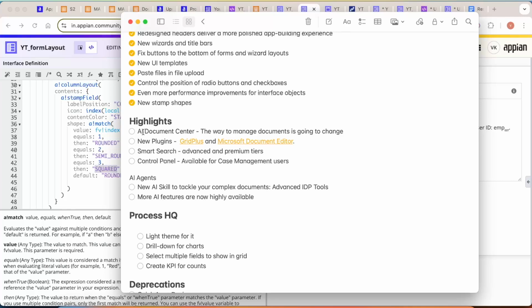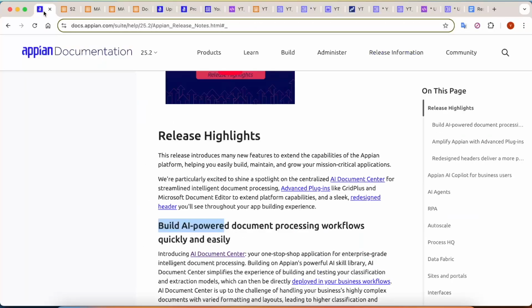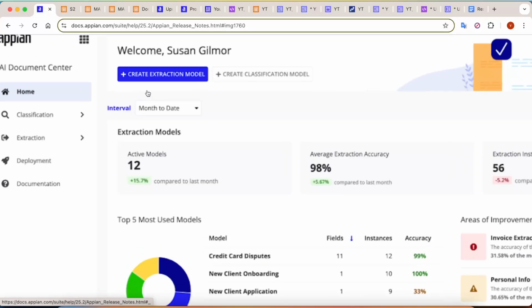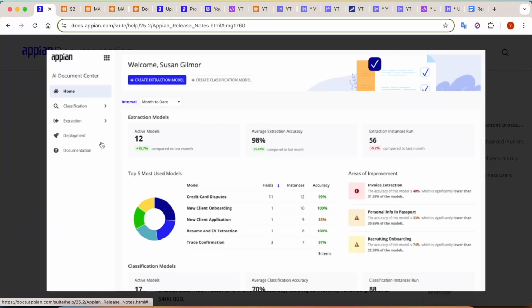So we have a new AI Document Center as well. Now this is going to be the new way of managing the documents here. So you go in the release highlights, so this is the Document Center. You can see the actions that are present here: extraction model, you can create it, and the documents. So basically